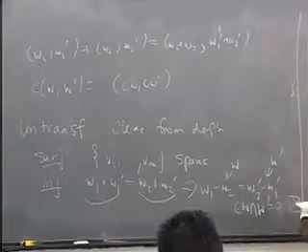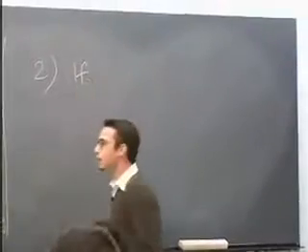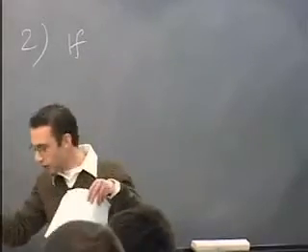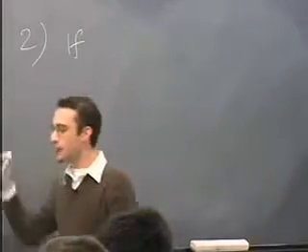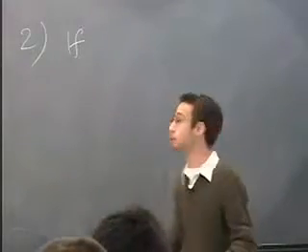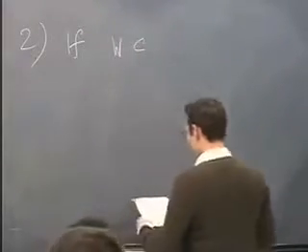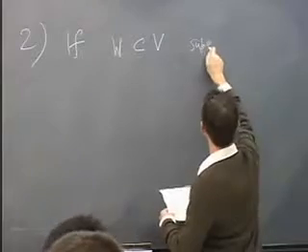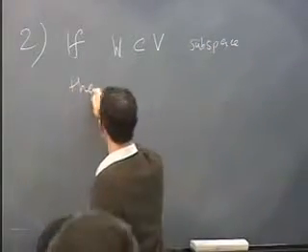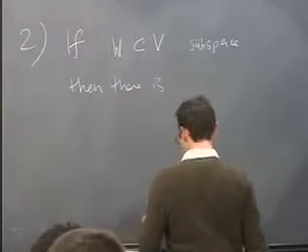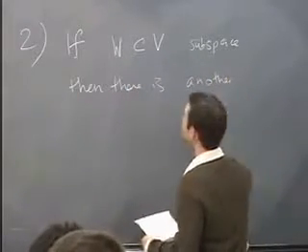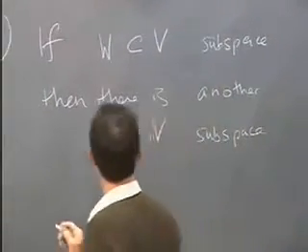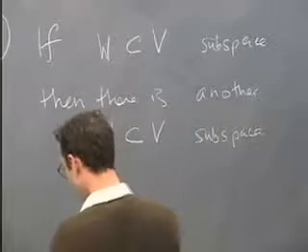Second consequence. So now let's forget about the notation we introduced before. We're just going to start with maybe the same vector space V, but we're not going to have W defined as before. We're just going to let W be some subspace. So if W is a subspace of V, then there's another subspace W prime of V such that